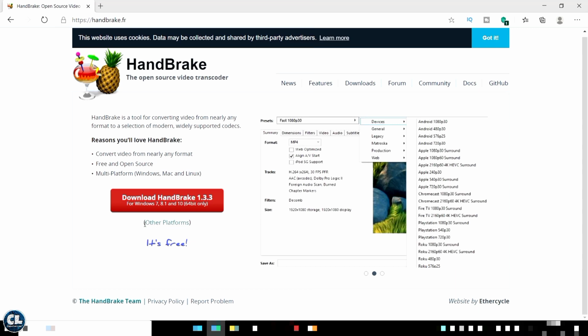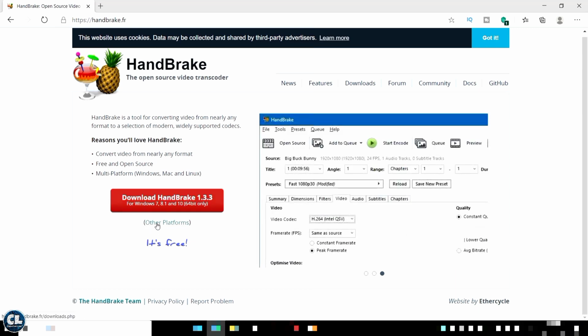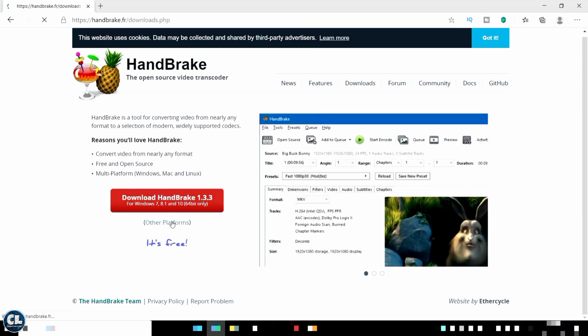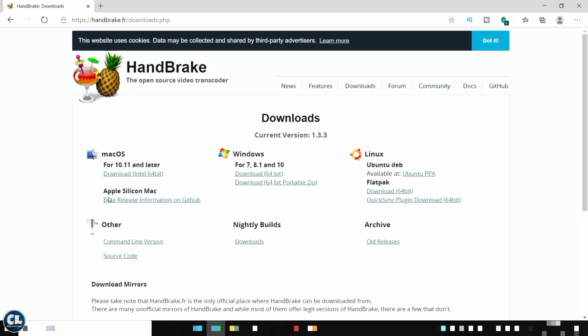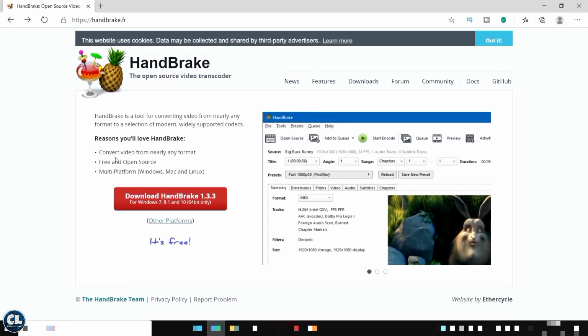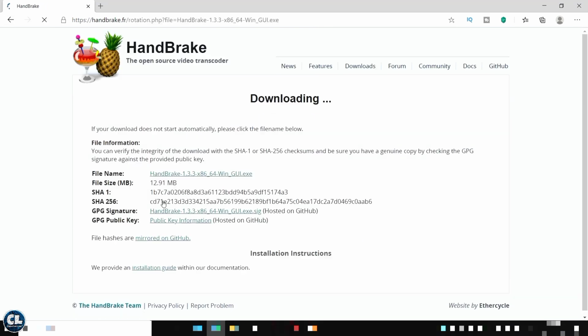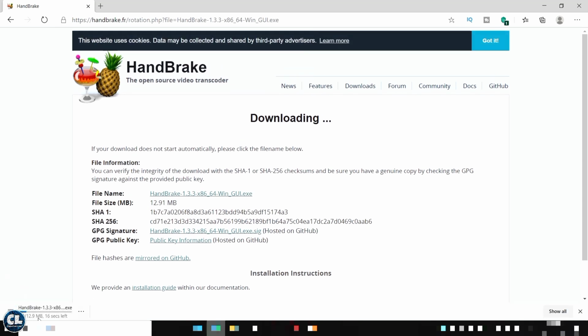This one is an open source video transcoder which you can download on other platforms like MacBook, Windows and Linux. And it is totally free. Now click on the red download button and it will start downloading automatically. You can skip this part by clicking on the timestamp if you have already installed it on your device.